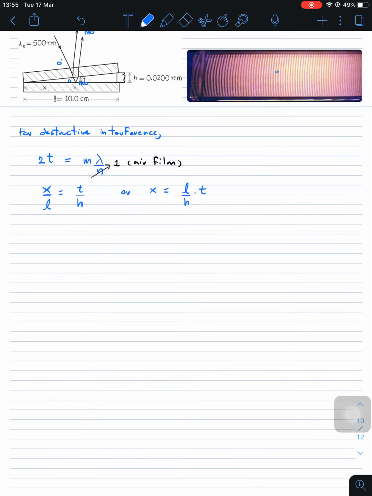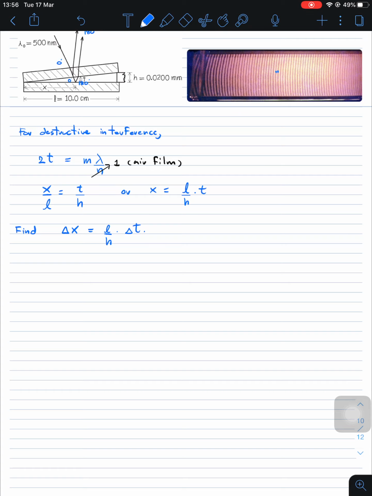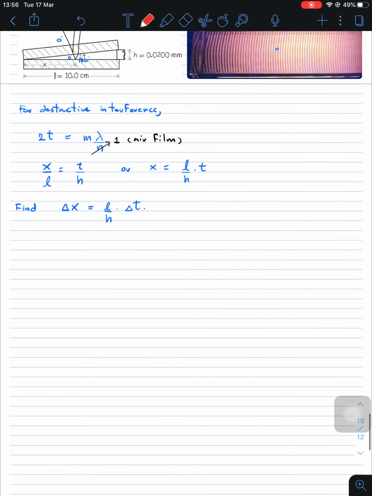But then what we just want to find is the distance between the adjacent dark fringes. So we just want to find delta x. Okay, we just want to find delta x equal to, okay, so the L is constant, the H is constant, and the t will vary along the x, right? So we can get that delta x equals L over H, and then times delta t. We need to find delta t first. Okay, we need to find delta t first. We can find delta t from this equation. Okay, we said that delta t